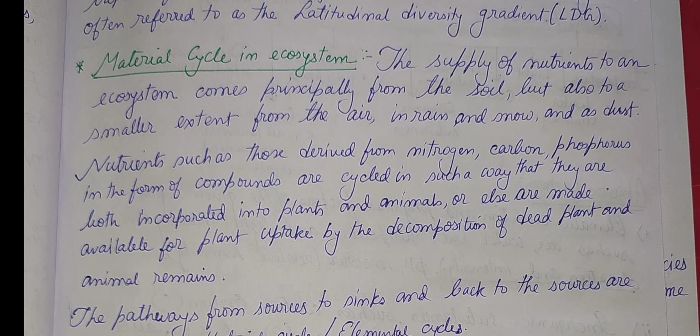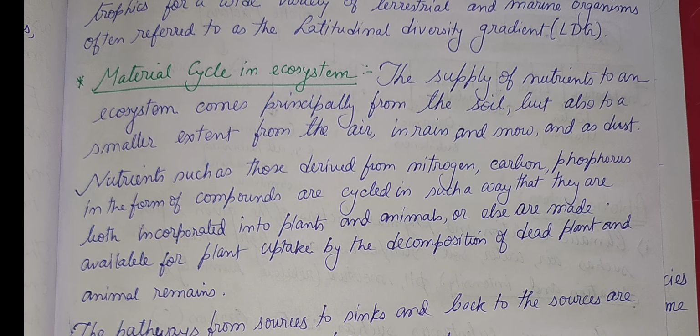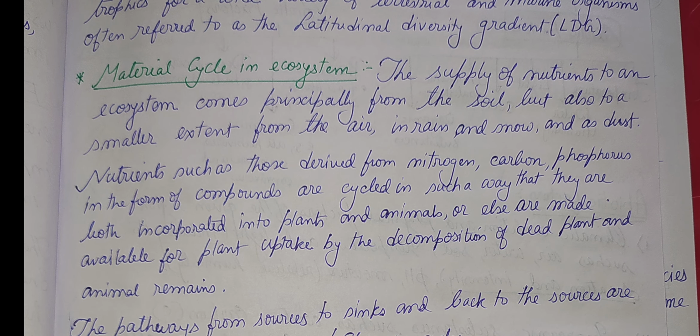Nutrients derived from nitrogen, carbon, phosphorus in the form of compounds are cycled in such a way that they are both incorporated into plants and animals, or else are made available for plant uptake, or by decomposition of dead plants and animal remains. So, how are these nutrients recycled in nature? The nutrients are recycled in nature through the process of food chain habits, through decomposition habits. Okay, they are recycled,